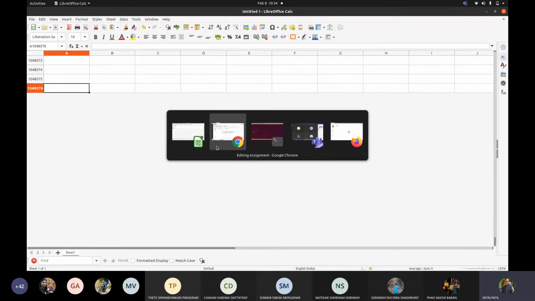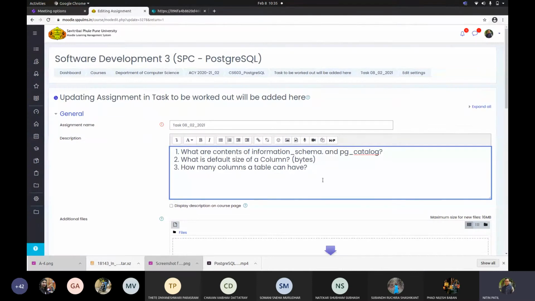So similarly, I want you to find out how many columns a table can hold. Another thing, is there any limitation? Now the answer might be no even. You have to find out with respect to adding constraints for one column. How many constraints can you add for a column? Okay, one column. How many constraints possibly could be?